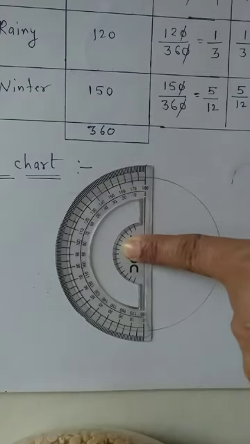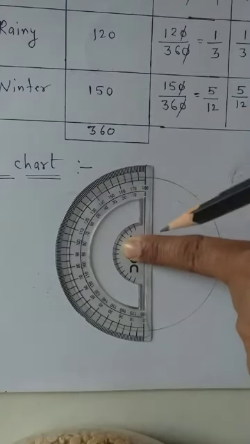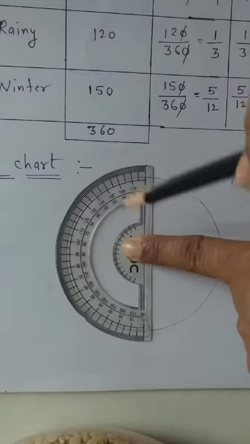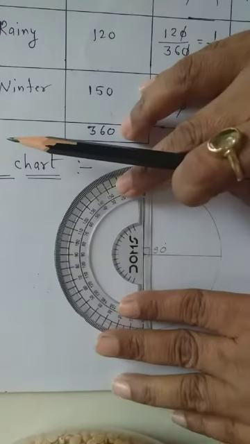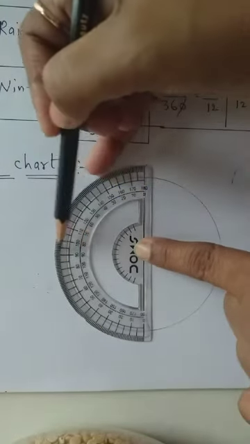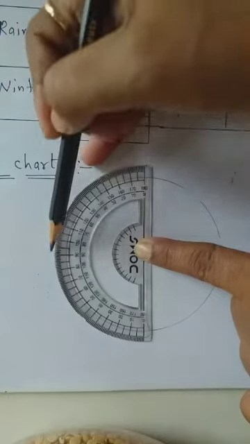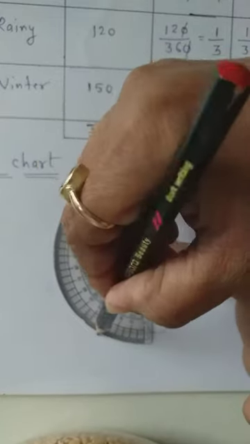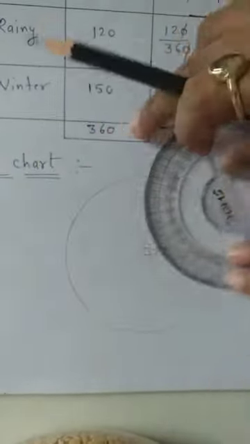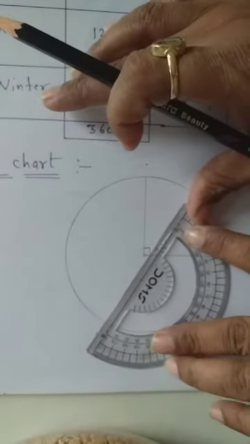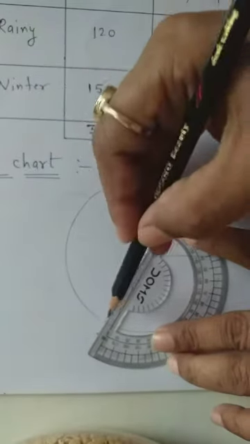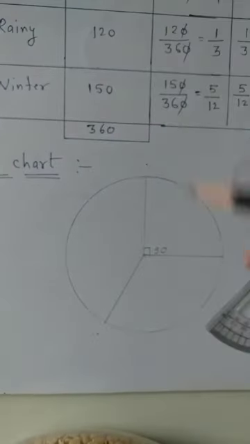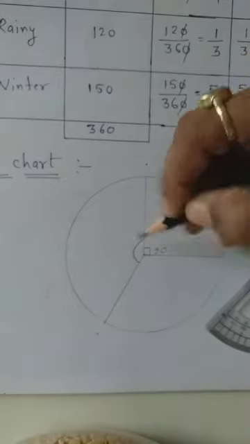Student, you know the concept of acute and obtuse angle. In an acute angle, both angle arms are nearer, and in an obtuse angle they are far. So here, students, see, if I have set it like this, this is 90 degree here and 150 will come after 90 degree. So 150 here, you see where is 150, it is here. Put a dot and then join with the center in this manner. Your pencil should be sharp. This is the 150 degree angle.